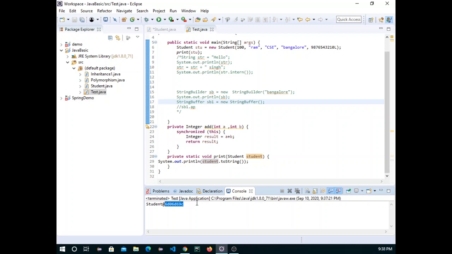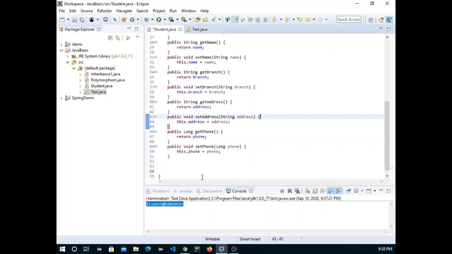If you are aware of C, it uses some address. So this is the address it's printing. By default this toString is being called from the Object class. If you go inside the Object class, the toString implementation first prints the class name, then @, and then the address. But if we print this data anywhere, no one will understand what this actually is, neither me nor you. As a developer we know this is the class name and this is the address, but if you print this data to an end user, no one is going to understand what it actually is.